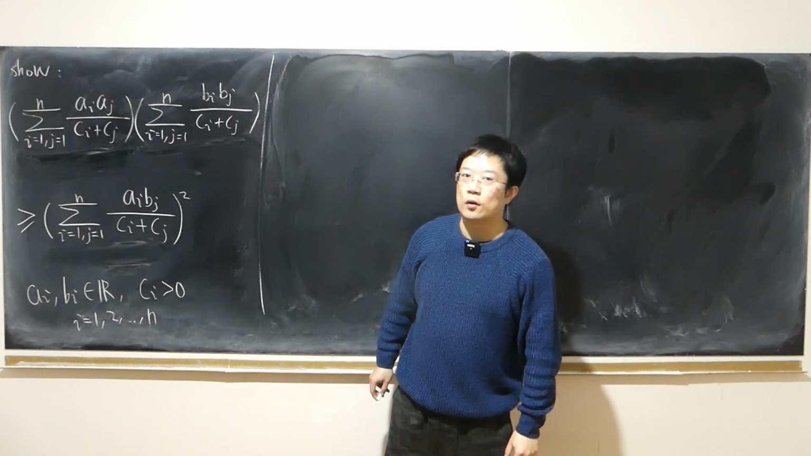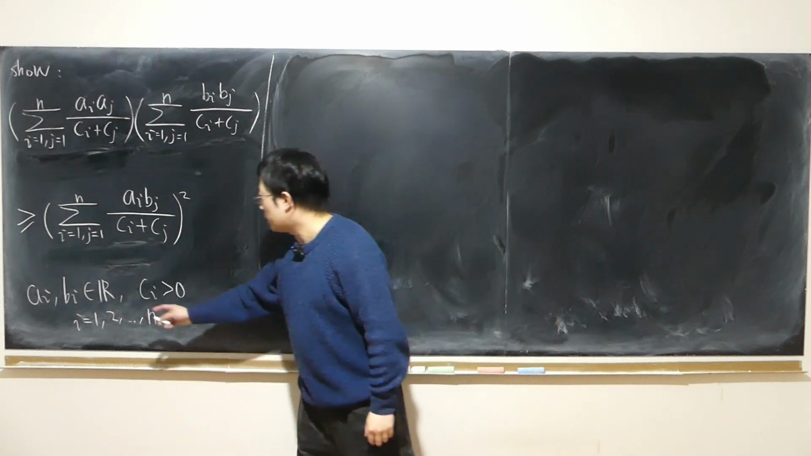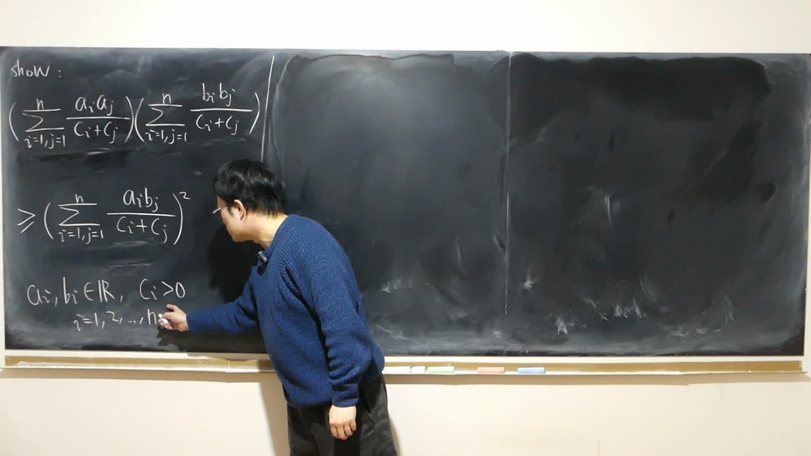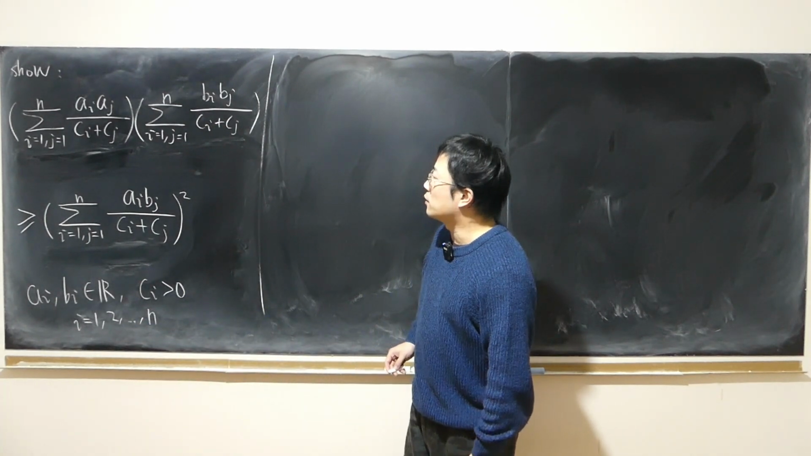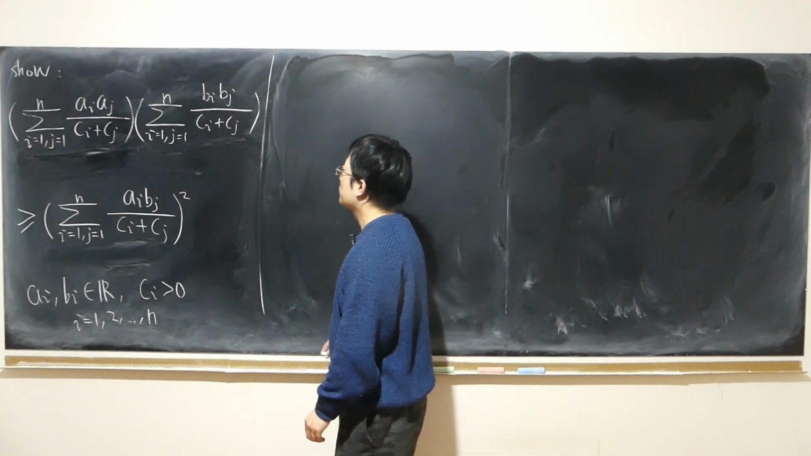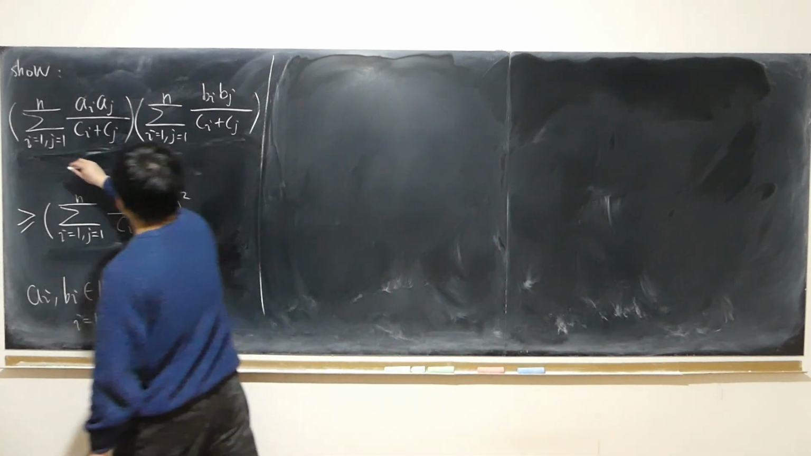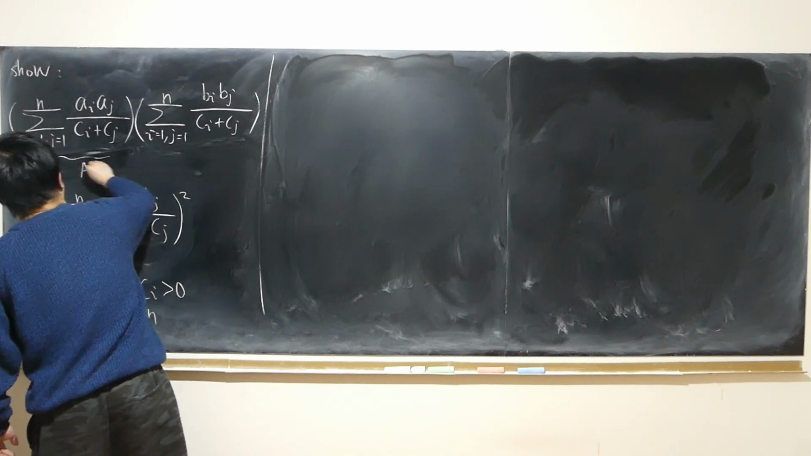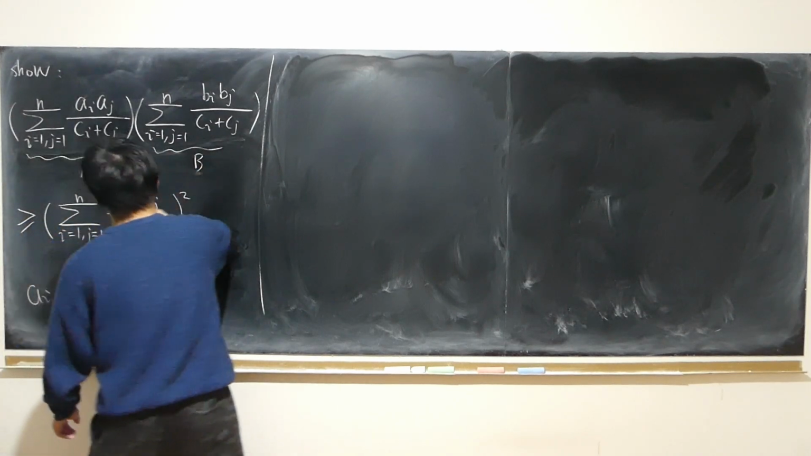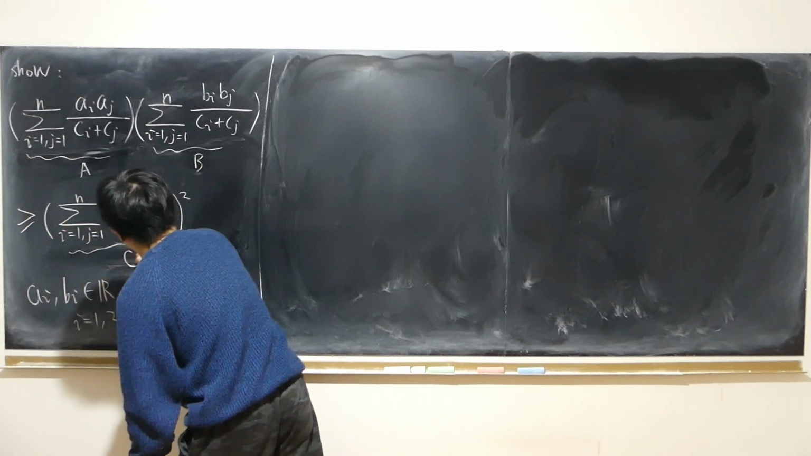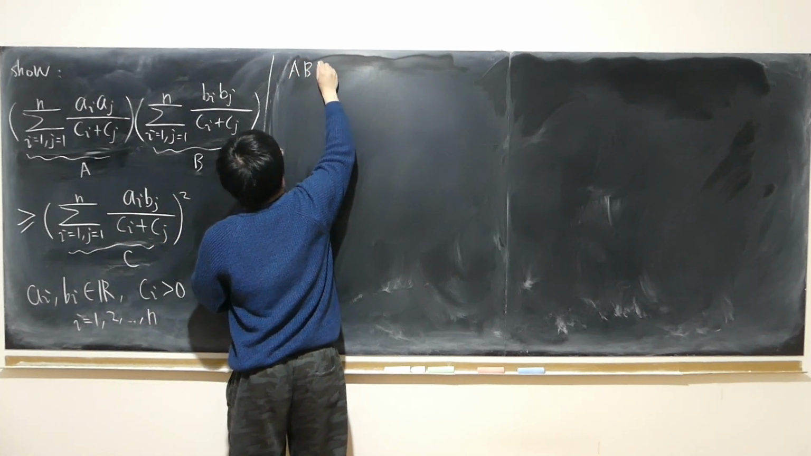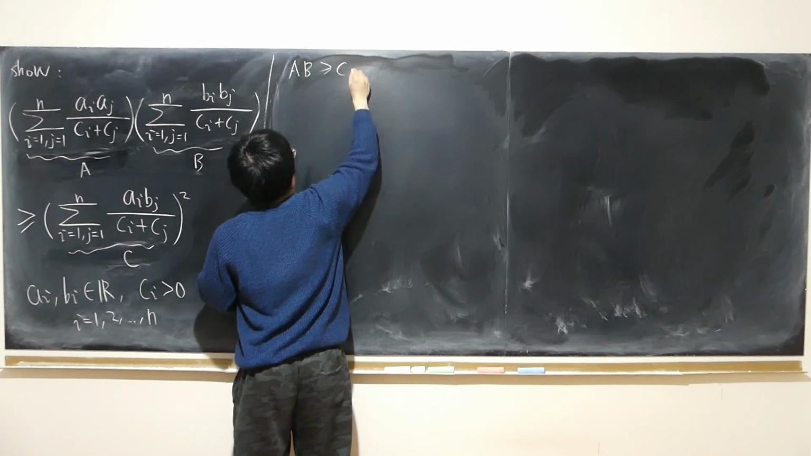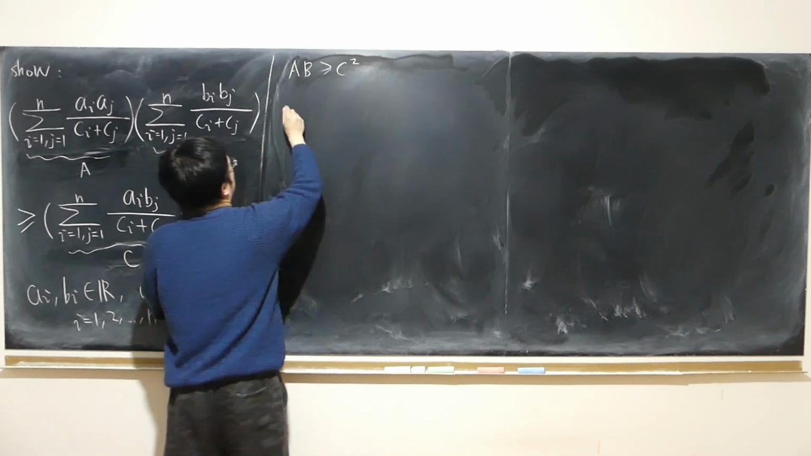To prove this inequality holds for a_i, b_i real numbers, c_i positive, i from 1 all the way up to n. But first, we construct a quadratic equation. What we want to prove, I'll denote as a, b, and c. So to prove that a times b is greater than or equal to c squared, all we have to do